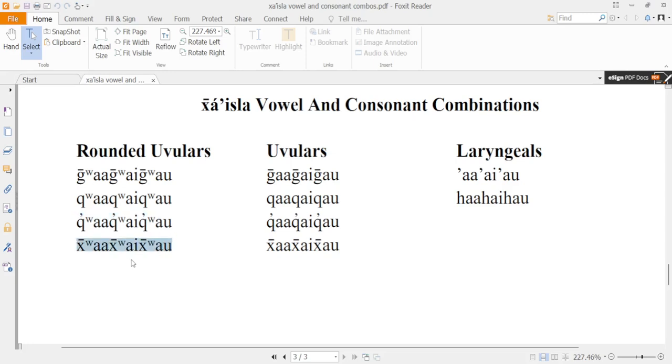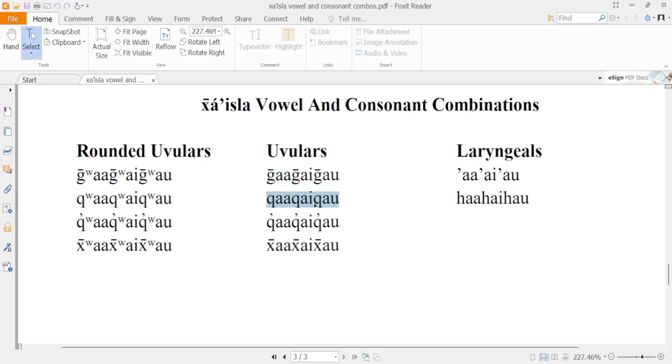Hwa, hwe, ho. Ga, ge, go. So if you add an X bar to the end, it becomes gah, which is raven. And then we have Q,